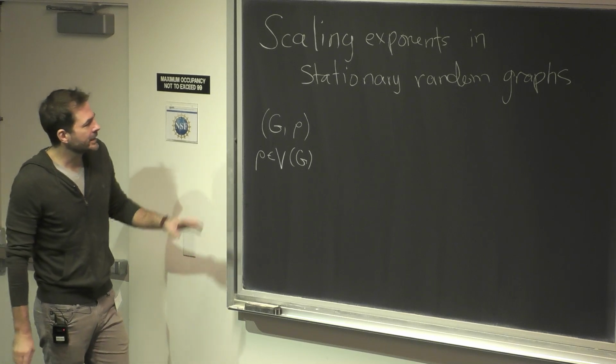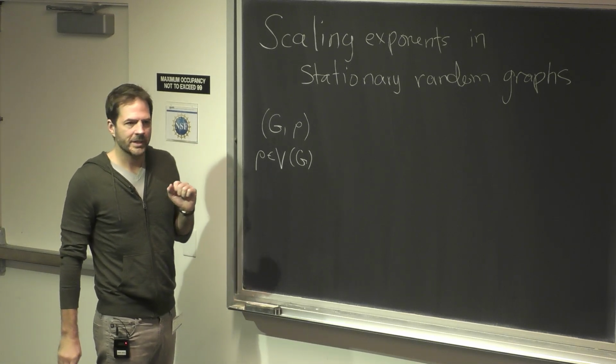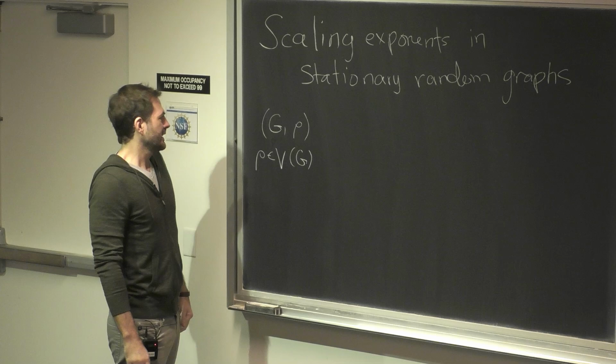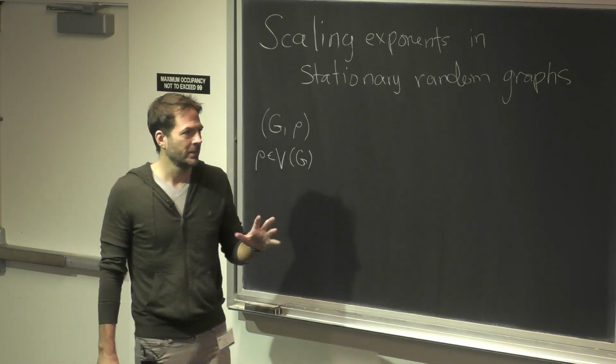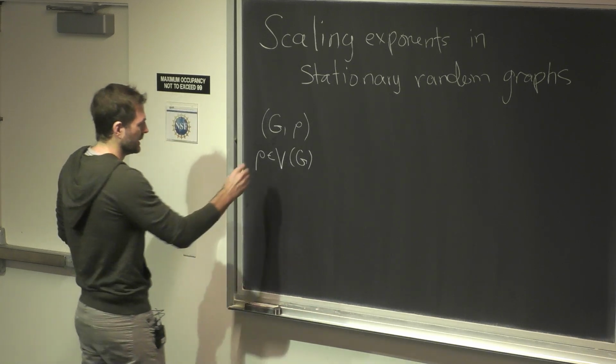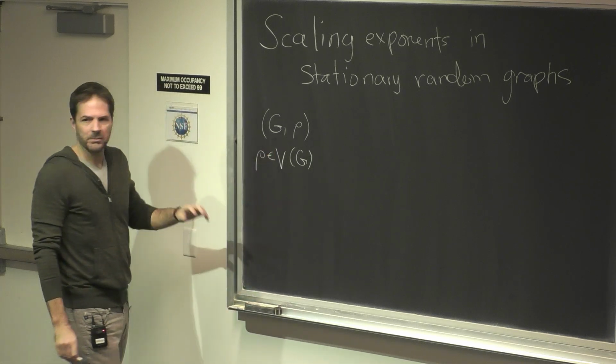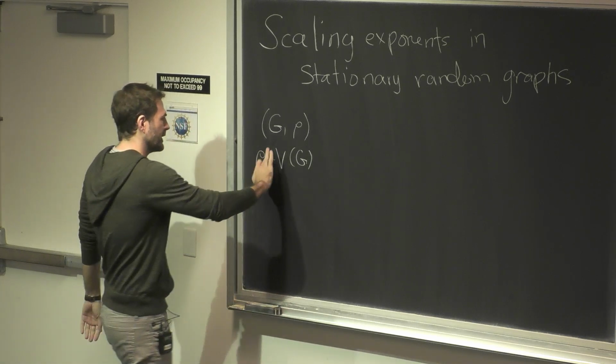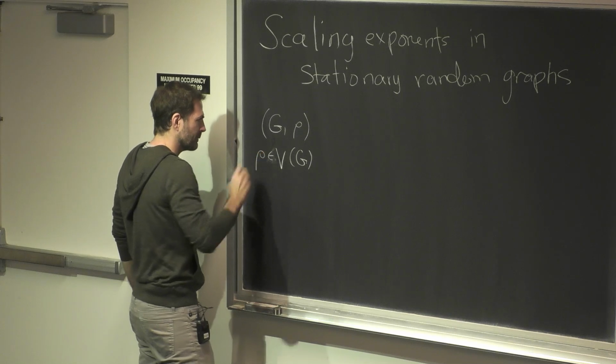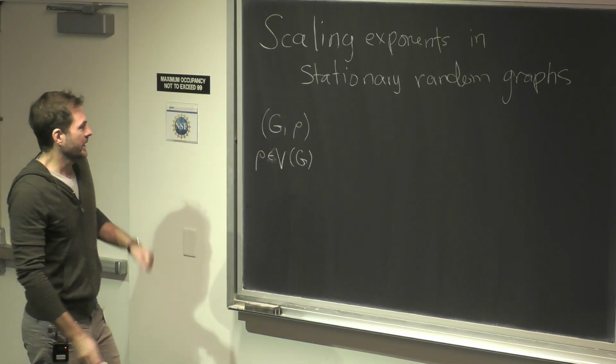rho in V. And then let me tell you some of the geometric quantities that we're going to care about. Then I'll tell you the setting in which we're able to bound them, and then give some examples in that setting, and then hopefully tell you some of the techniques that go into the proof. Okay, so